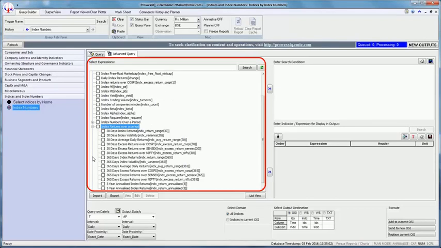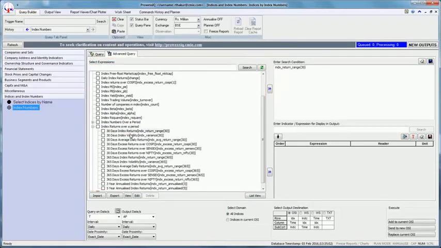This indicator is available under Index Returns Over Period. By double-clicking on it, the indicator will appear in the Enter Search Condition box. Let us complete the equation by adding greater than 10 against the indicator Index Return Range 30. This expression implies that the search is for indices whose 30 days returns were above 10% on either of the